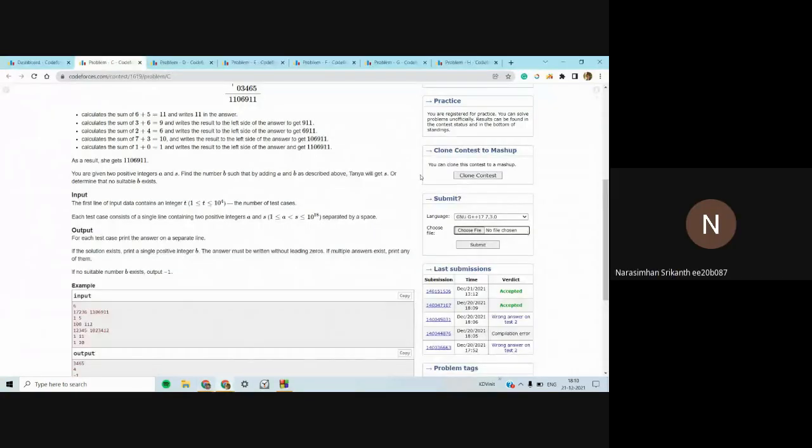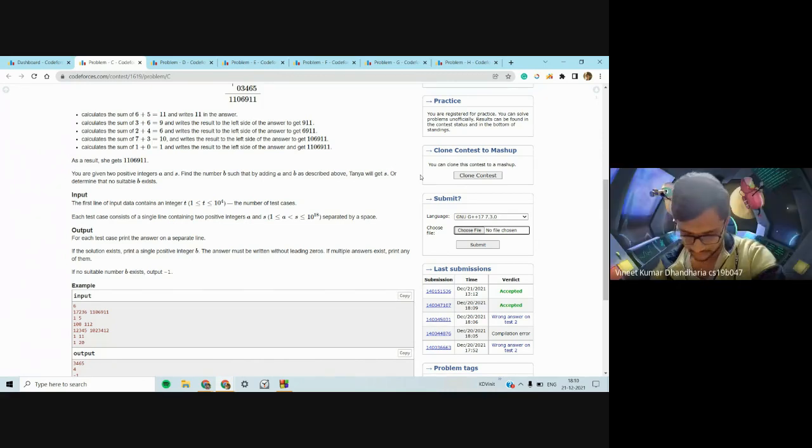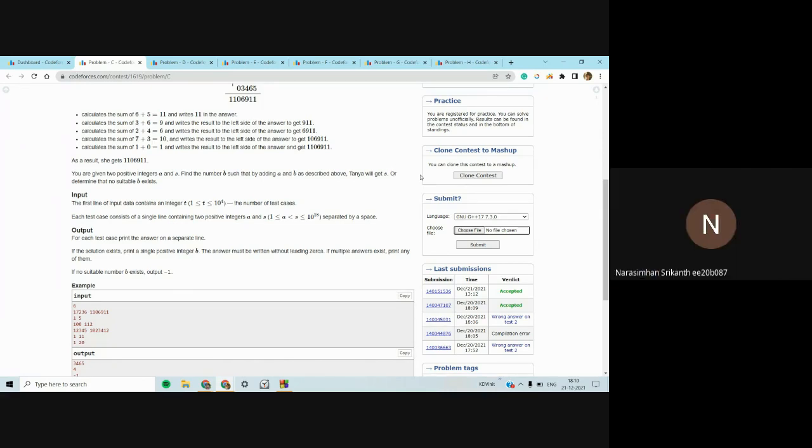What I actually did was I took the cube root of n, I took the square root of n, and I took the floor of both of them. Then I added those two and subtracted the cases of the sixth root, 1 by 6th root of it, and I thought I would get the answer, but I was not getting it.